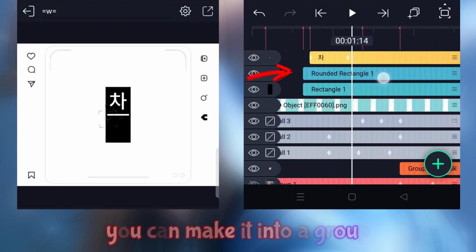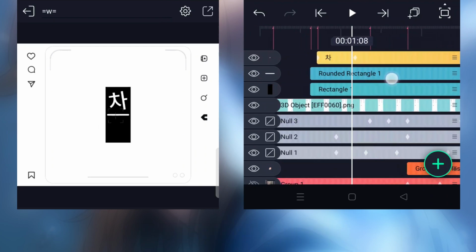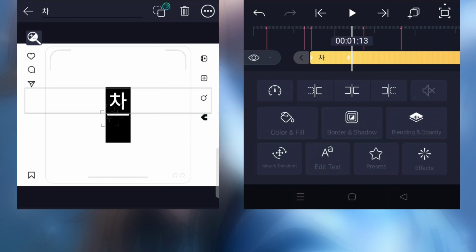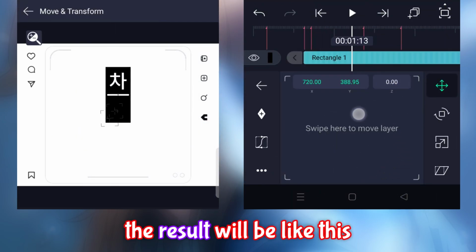If it's like this, you can make it into a group, or connect it in one object. The result will be like this.